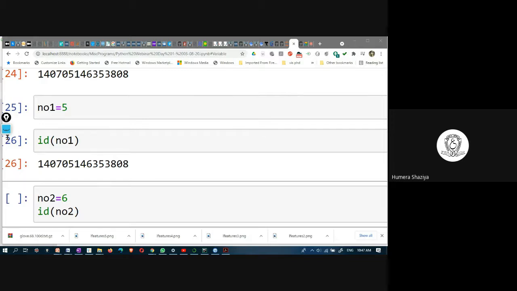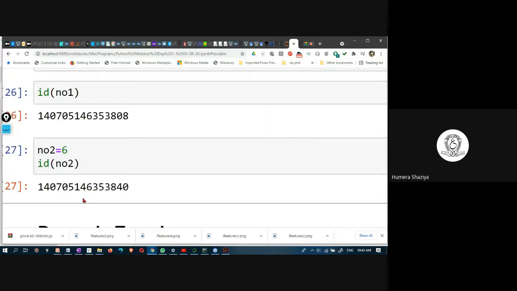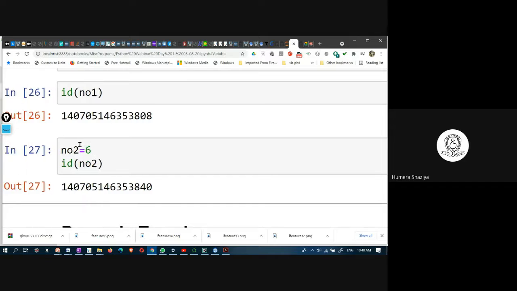Now when you are changing the number 2 value, number 2 is 6. Its ID is different because its value is 6. And you see here it is incrementing cell numbers.